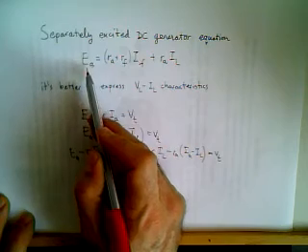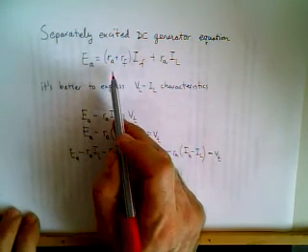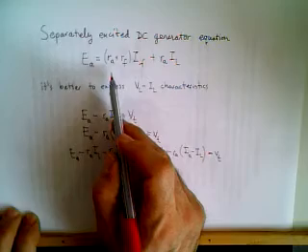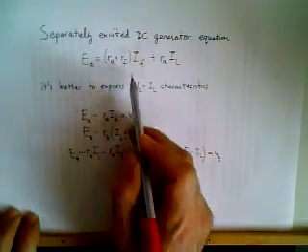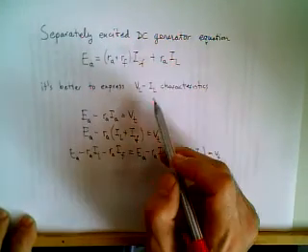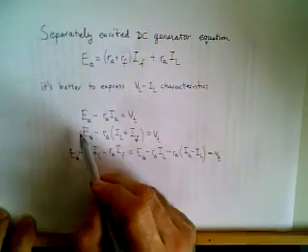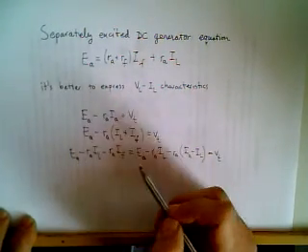The induced armature voltage equals RA plus RF times IF plus RA IL. So it's better to express the VL IL characteristics